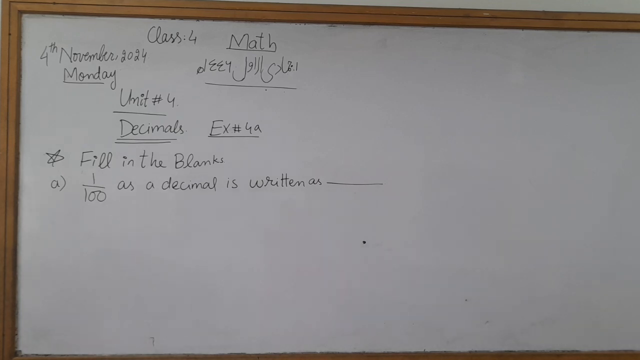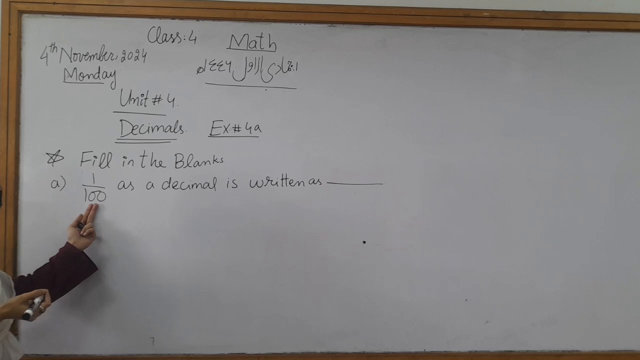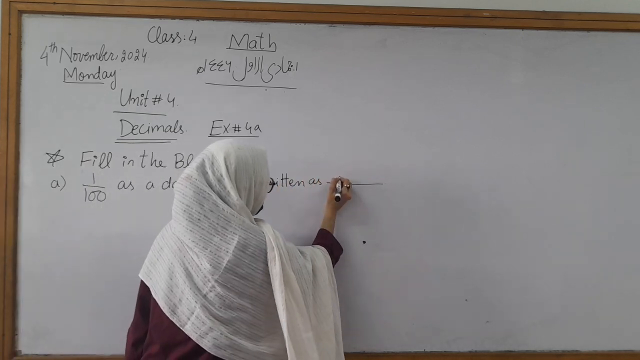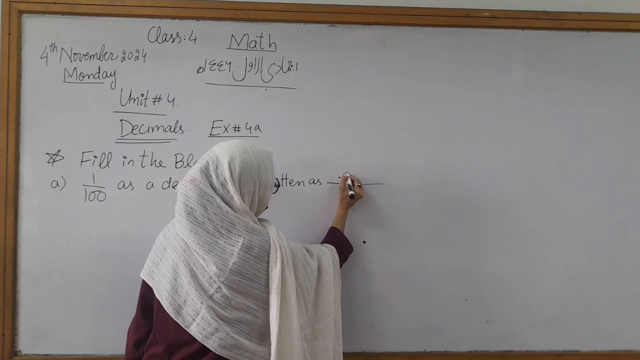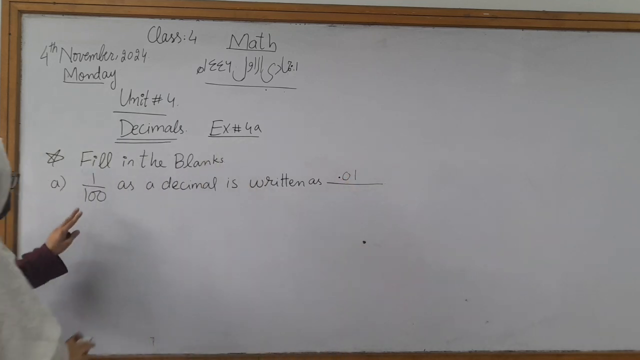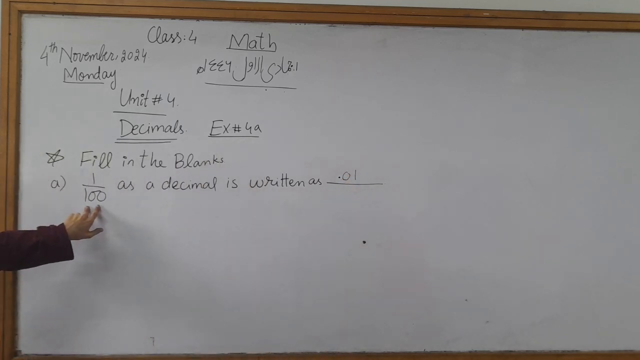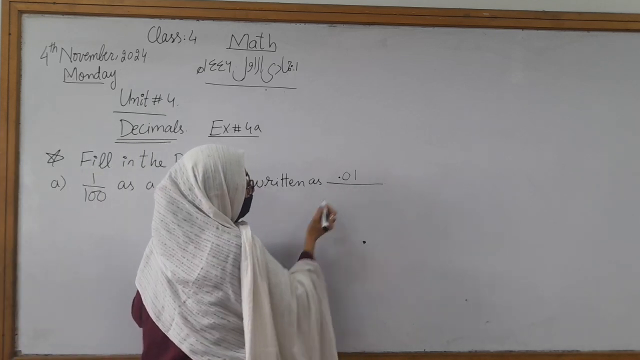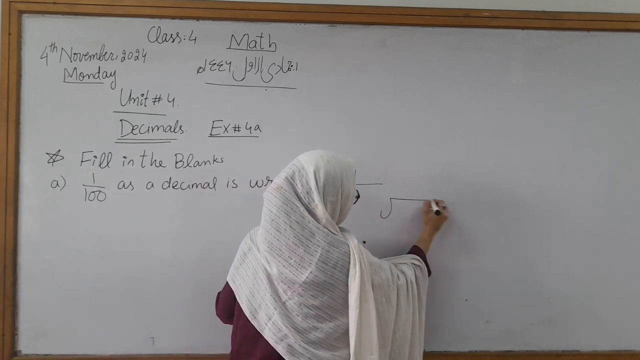the answer. As I have told you in your class, when we have 2 zeros in the 100, we will simply write point here, and one is 0 and one is 1. It means that when we have 2 zeros in 100, we will add 2 values after the decimal point. When you divide it, you can see that